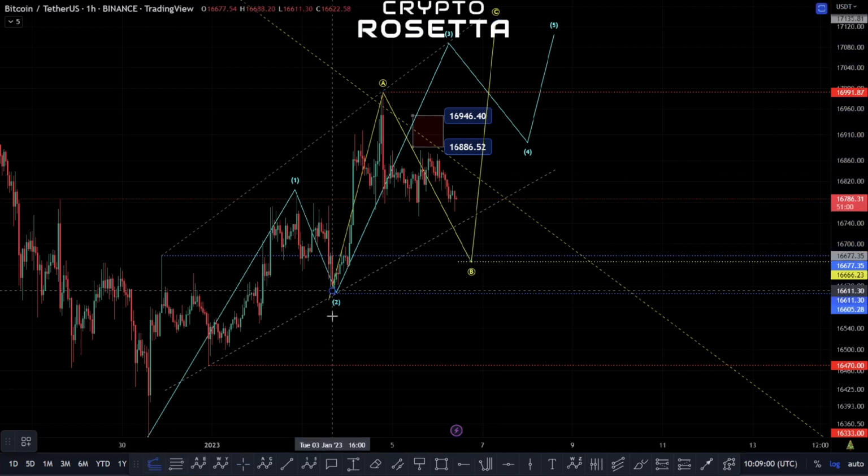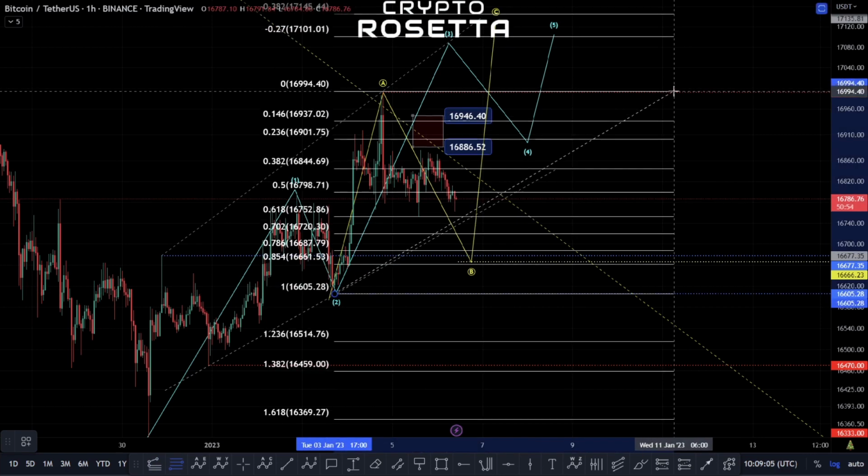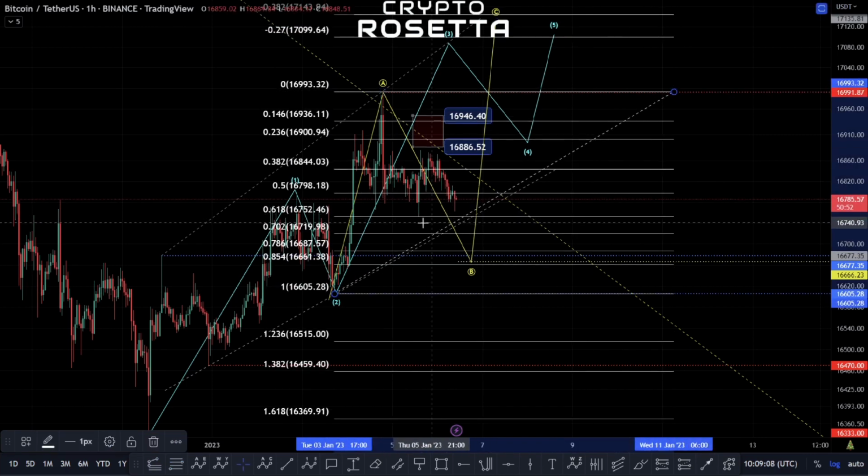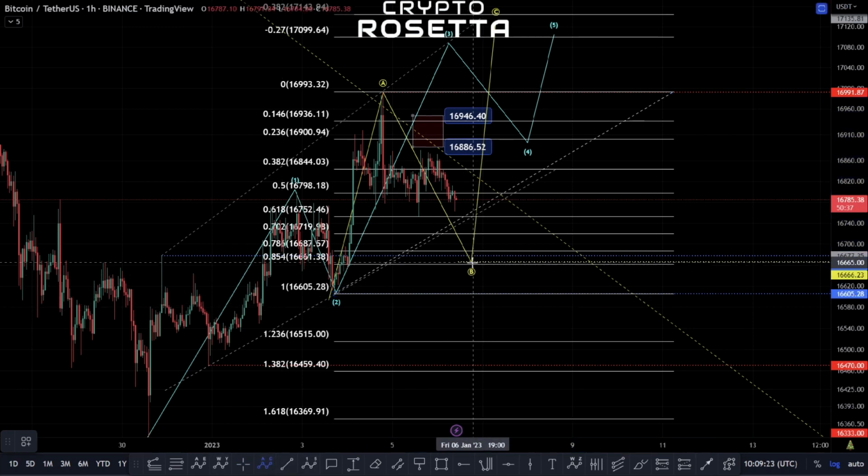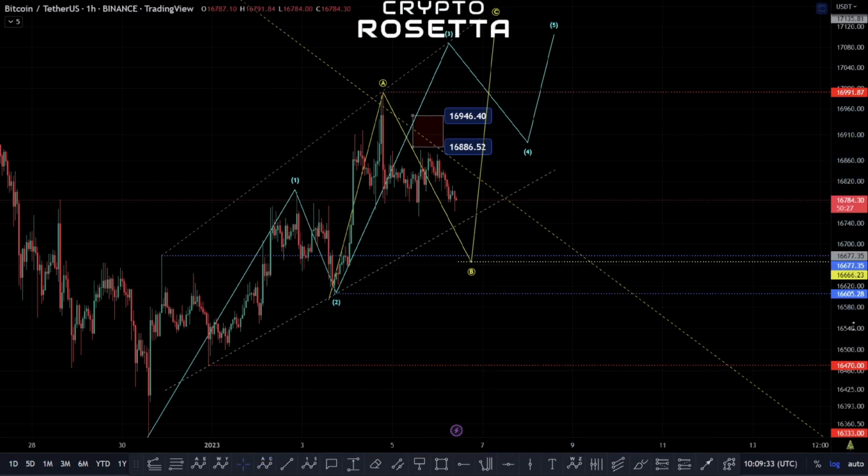And what this would be looking at potentially is, let's just go up onto this high. So we can see we've already actually come down to this 0.618, but we could come down deeper, maybe towards this 854, the 786 zone, if it does continue to break down here. And if that is the case, then what we could have is this ABC pattern here as a diagonal, where this is wave 1, and we would be within this wave 3. Though we need to just bear in mind, like I said, if we drop below the 16,605, that invalidates this